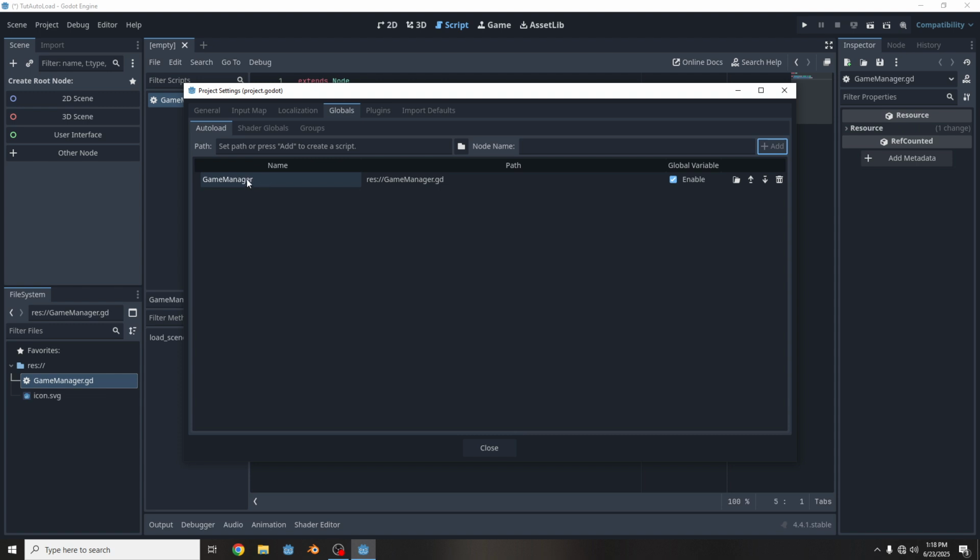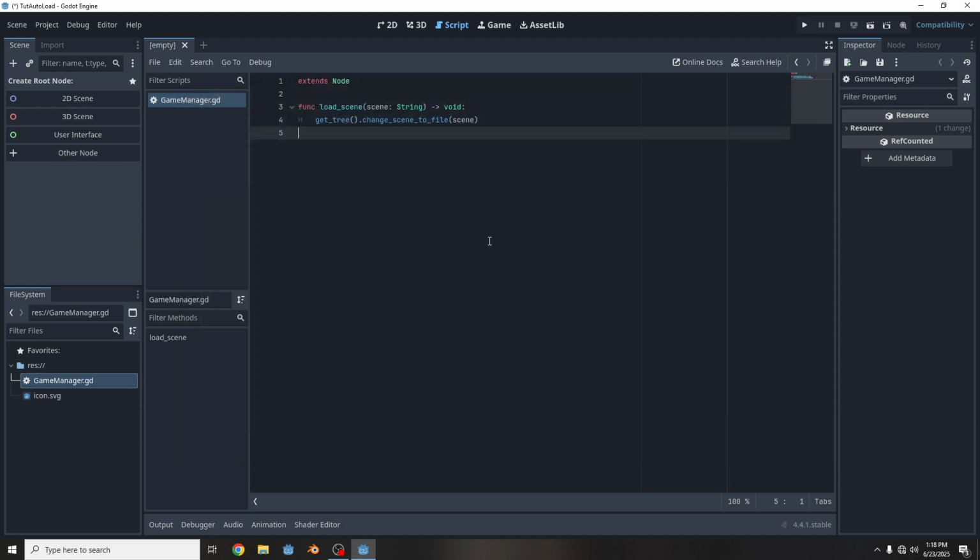So now to access it, we gotta use this name over here, game manager, to access it, and it will act as a static class. It will work as though it's a static class. In other languages, in C# or in Unity, there is static classes, but in Godot, this is how you use a similar approach. So now we got our game manager,